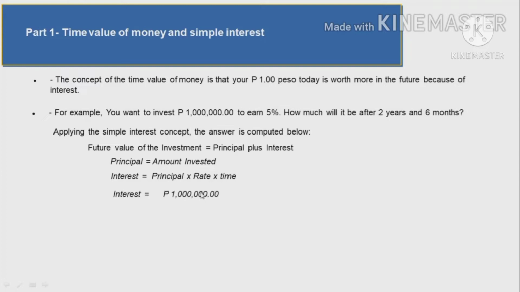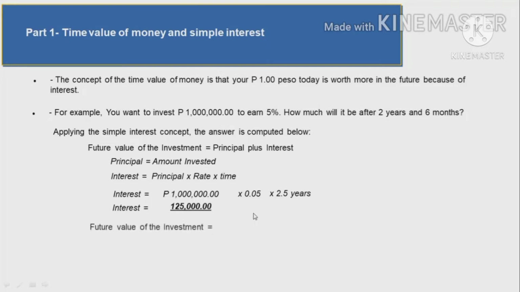The interest is 1 million, which is the principal, times the rate of 5% times time. This time can also be expressed in fraction, where the numerator can be the number of months over 12 months or the number of days over 360 or 365 days. So again, 1 million times 0.05 times 2.5 years is